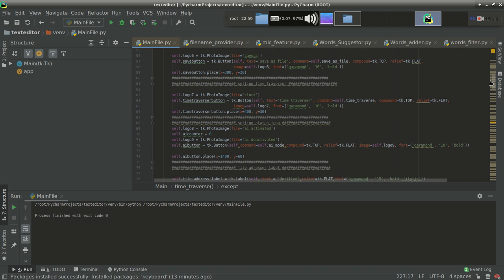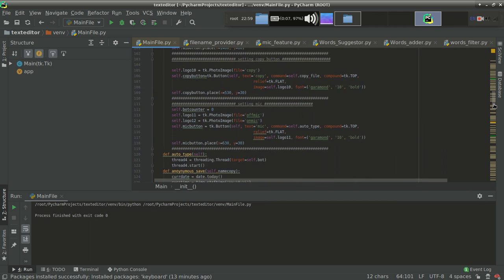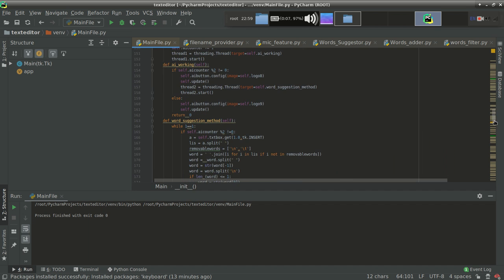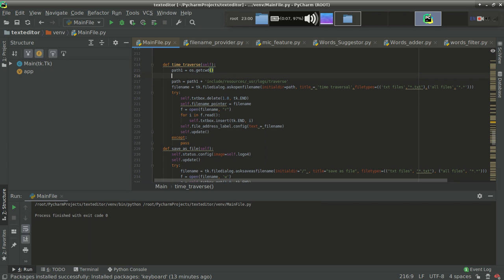This is file addresser. No, we are calling this method only. And why is it throwing an error? Let's see again. We are at time traversal. Path 1 equal to os dot getcwd. Let's see first of all what this getcwd will do for us.